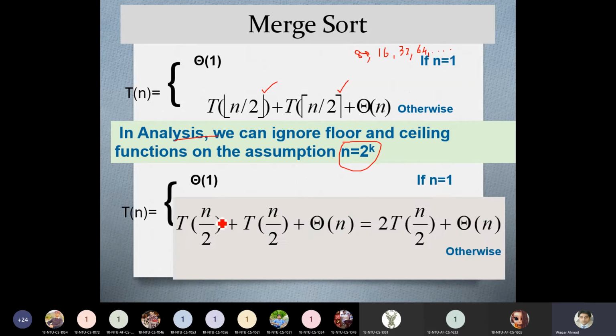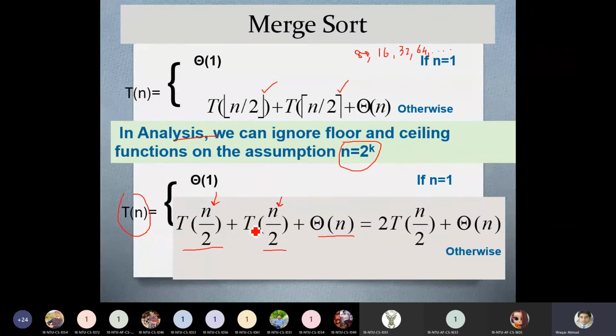And here you can observe that we have ignored the floor and ceiling functions, and now you can easily understand this equation. We have called the function with n input size. The function again calls itself with n over 2 elements, and n over 2 elements a second time, and then the merge activity.